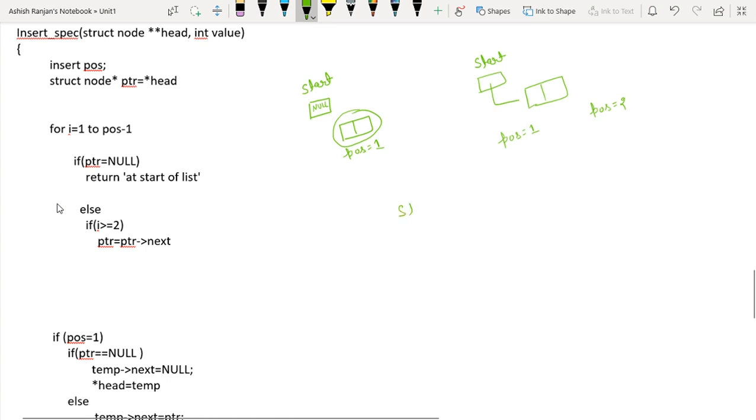If the list has more than one node, then you can store the element. Let's suppose you have three nodes. Either pos is equal to 1, pos equal to 2, pos equal to 3, or pos equal to 4.